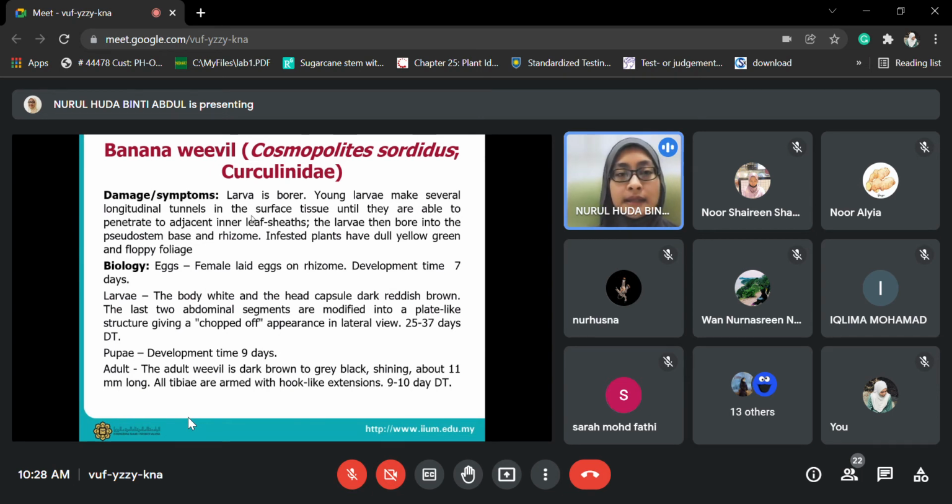Okay, so this insect mula-mula dia akan make tunnel longitudinal. Okay, and then kalau dia boleh penetrate to another, dia akan masuk ke dalam lagi. So starting from the outside leaf shaft, dia akan masuk ke dalam until the pseudostem base ataupun kita kata rhizome. Okay, the infested plant usually have dull yellow, green and floppy foliage, meaning that bila dia tunnel masuk ke dalam